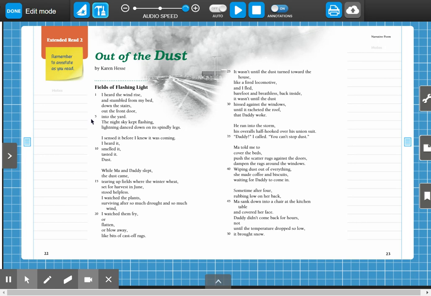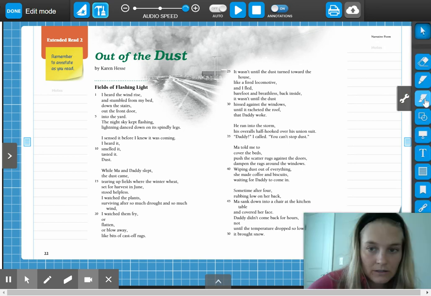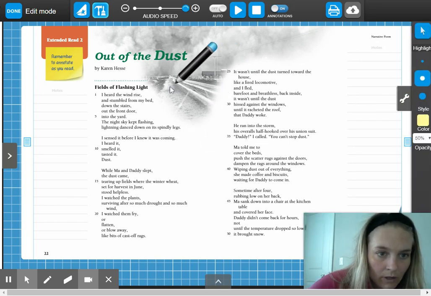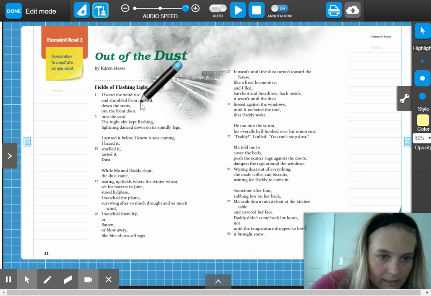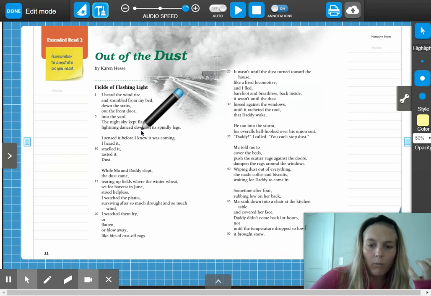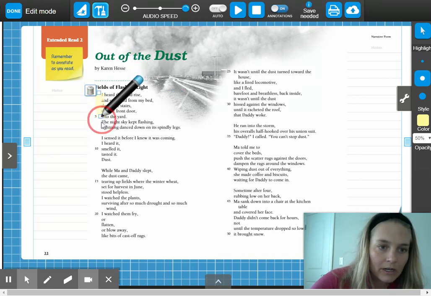So what I see here is that the narrator heard this noise and is awaking from a storm. I only want to be annotating actions. So I see here, stumbled from the bed. He went down the stairs, out the front door into the yard. What I see here is that he is really getting out of bed. There's not one line that is really standing out to me that says that the storm woke him. I'm inferring that. So I'm just going to go ahead and draw a line down here